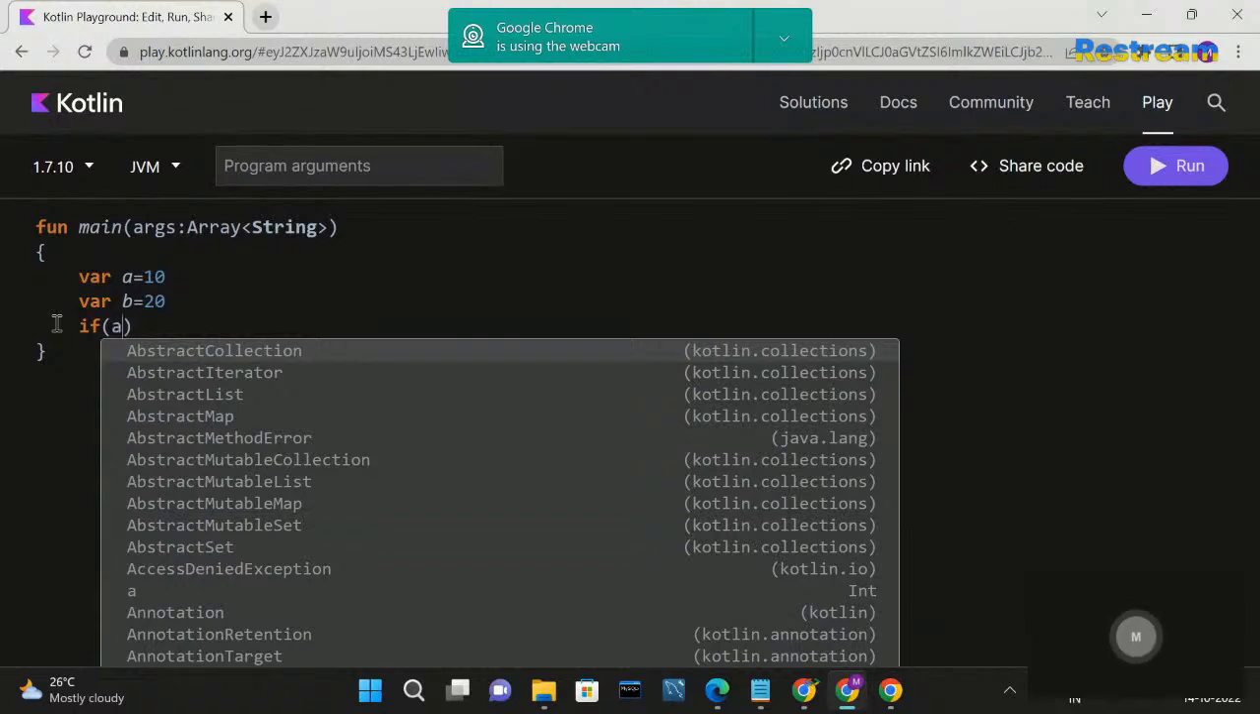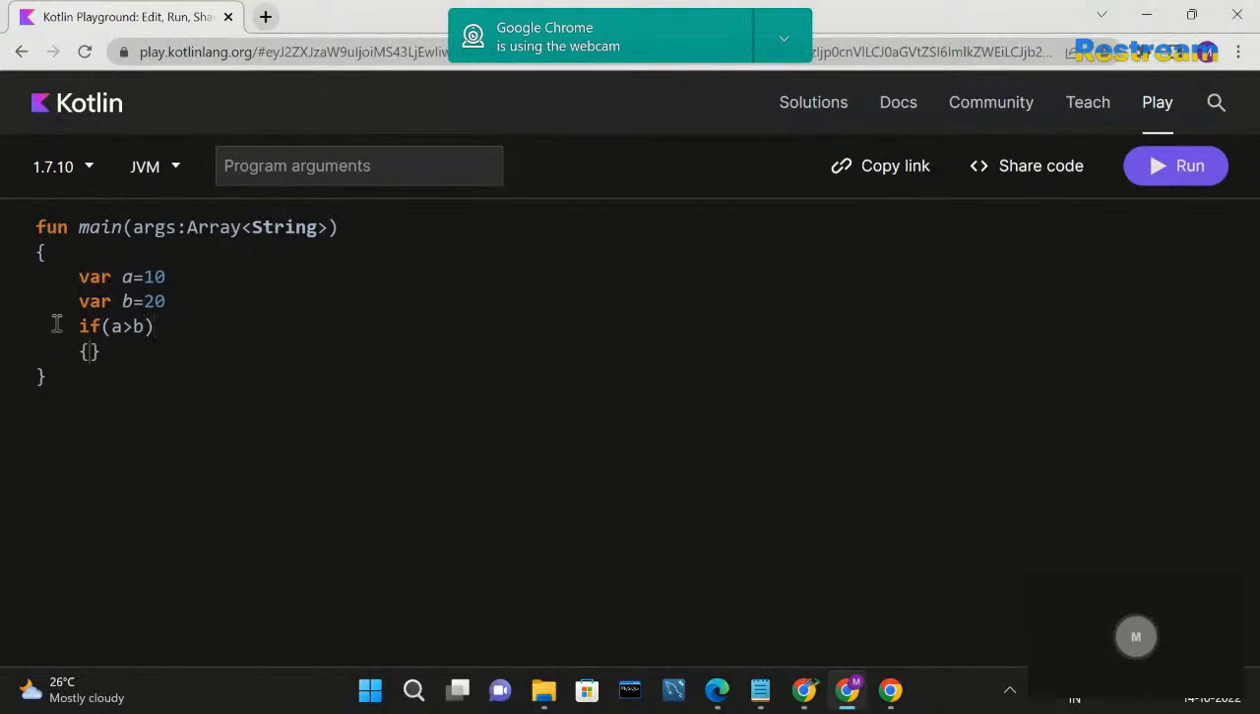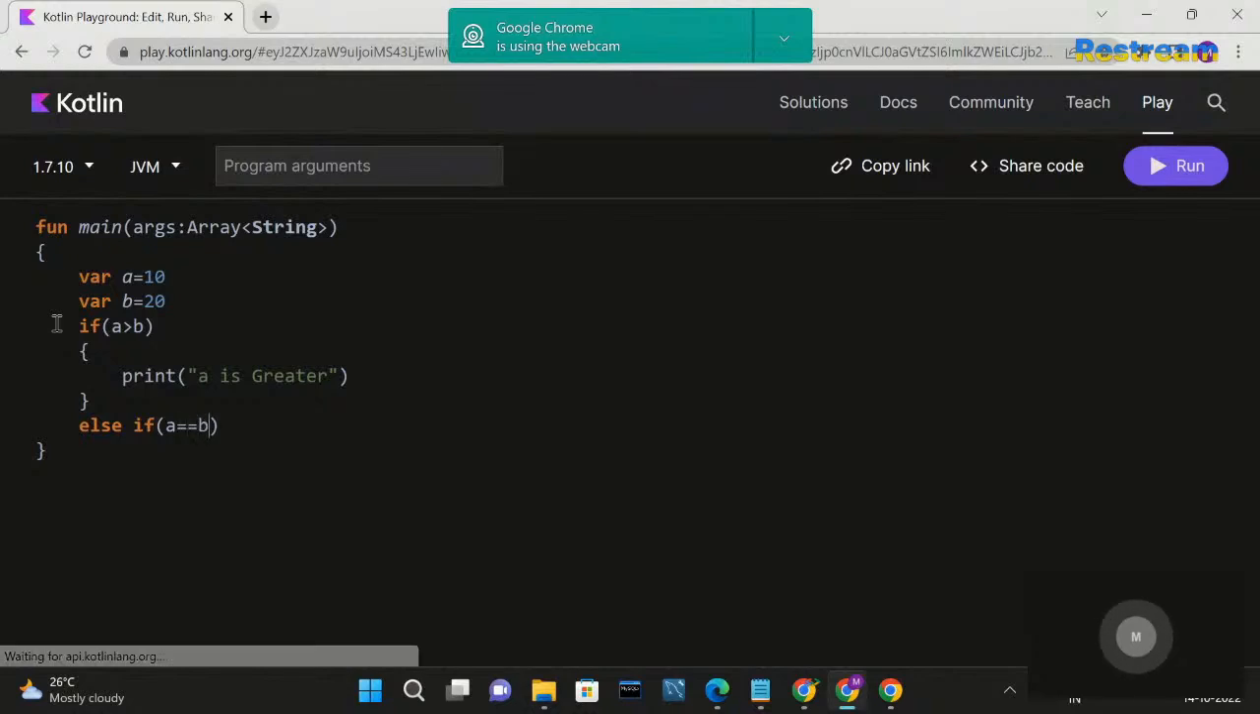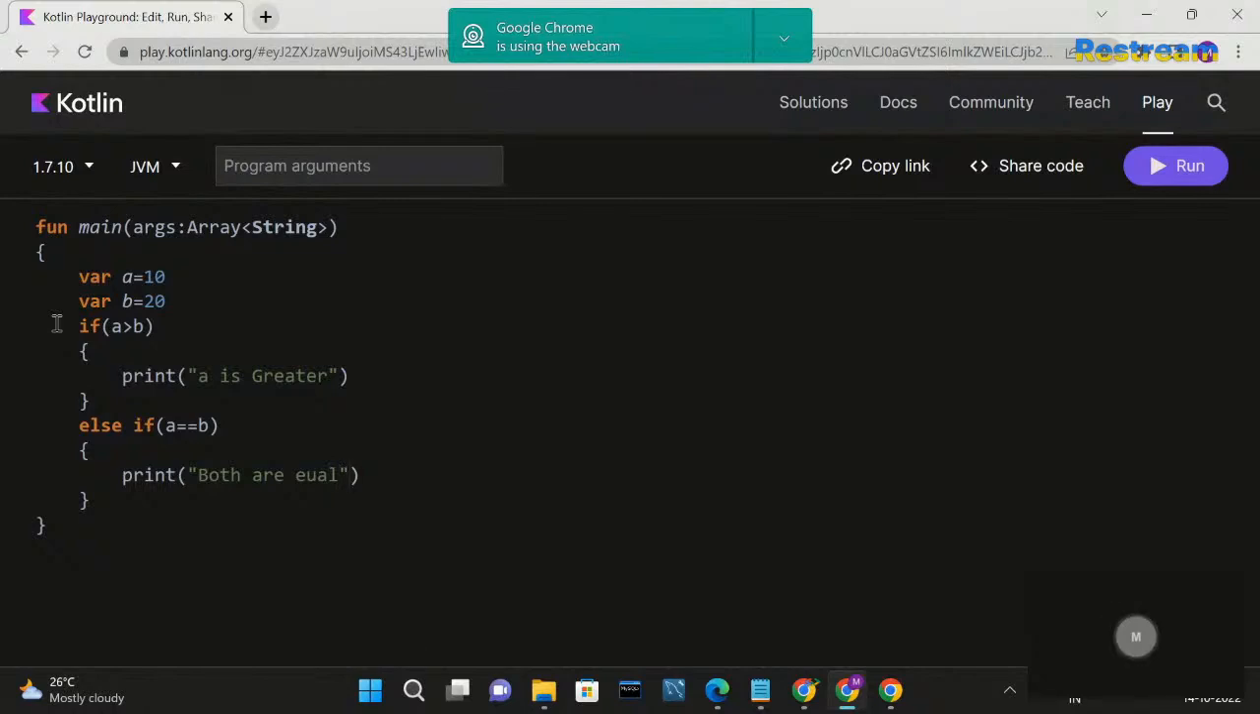So I'm going to give if a is greater than b as the condition for if, then it has to print a is greater, else if a is equal to b, then it has to print both are equal, else it has to print